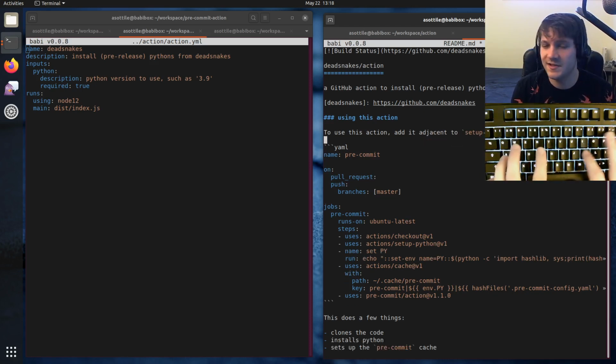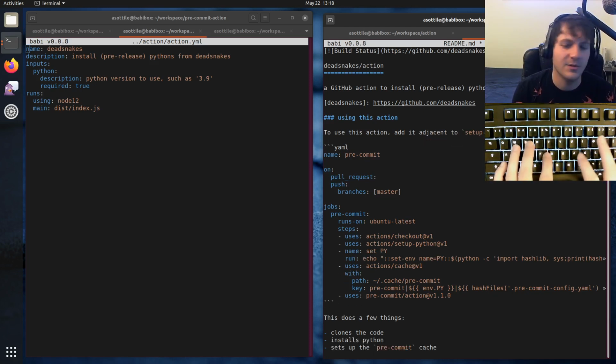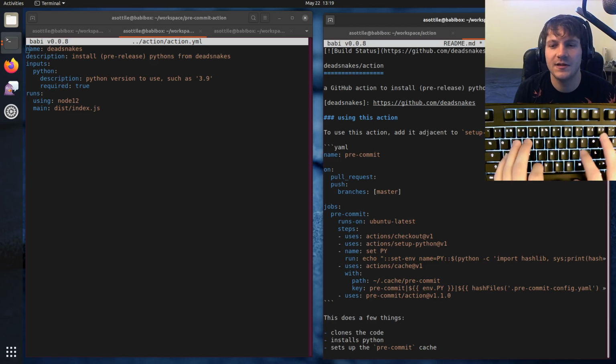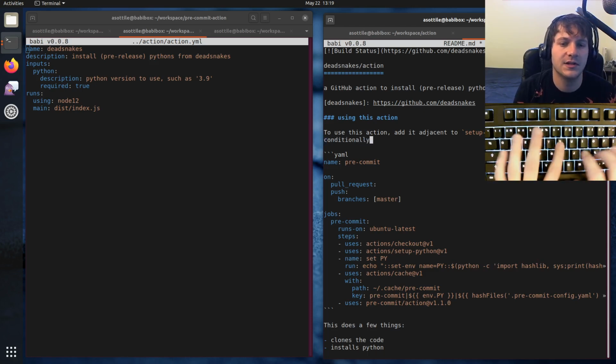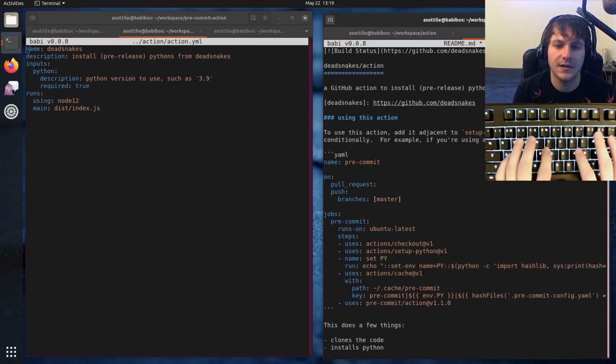For the first version, we're just going to make it conditionally based, and opt into it conditionally. For example, if you're using a tox-driven build matrix,